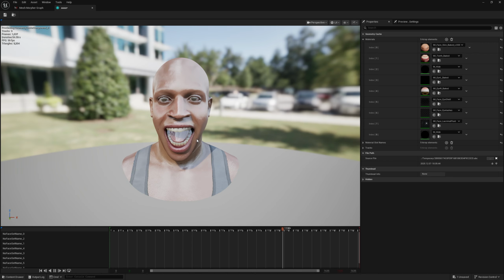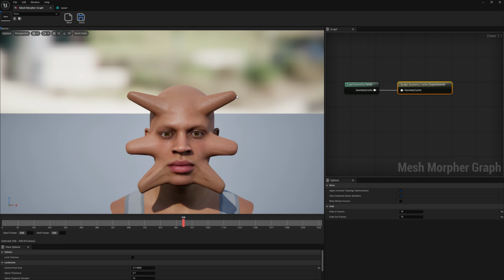This is how we can sculpt geometry caches. This is still experimental. I'm trying to build very comprehensive functionality for geometry caches. If you have any ideas, if you have any suggestions, just let me know. This is very powerful, and it enables us a lot of freedom in how we can modify our assets in